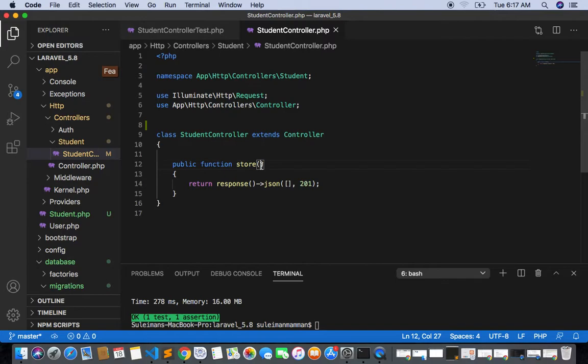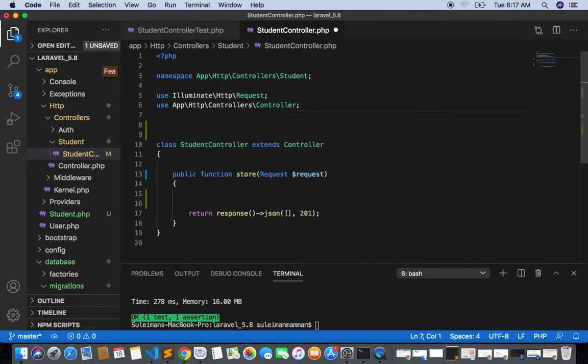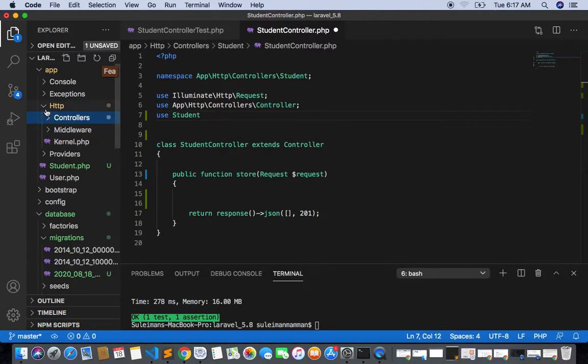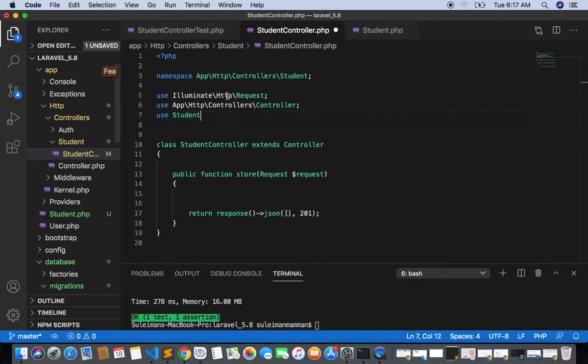Okay, so we need a request like this. Next we have to import the student. Use student, like we want to use the student model. Where is the student model again? Yeah, this is our student model. Okay, so we want to use the student model in our controller. So use